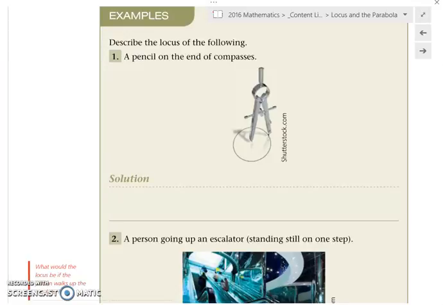Okay, we're just doing locus. We're starting off with the locus. So the first bit is describe the locus of the following. Now the whole point is that the locus is the path that it takes, not the point where it's rotating around. So describe the locus or the path of a pencil on the end of a compass or a pair of compasses. It is